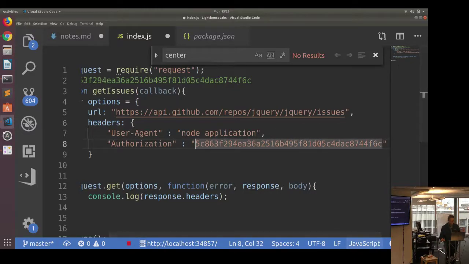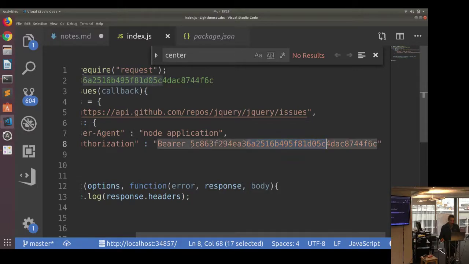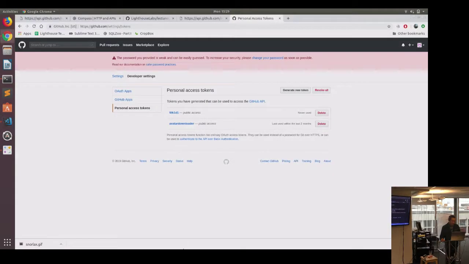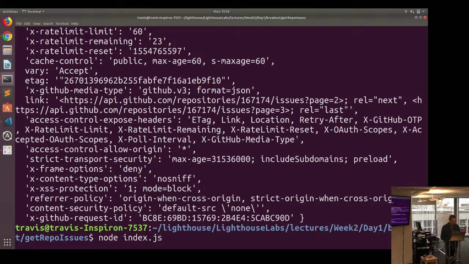GitHub wants it a little bit differently. They want the word bearer with a space before your actual token. So this is my token from GitHub. We're setting it in this header. And so if I save this and then I try to run this in the command line,